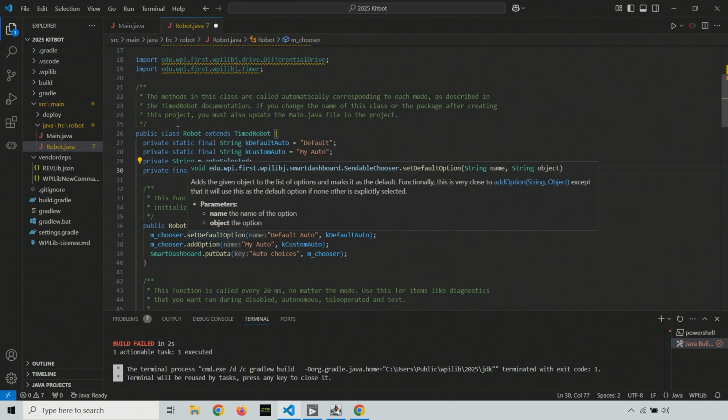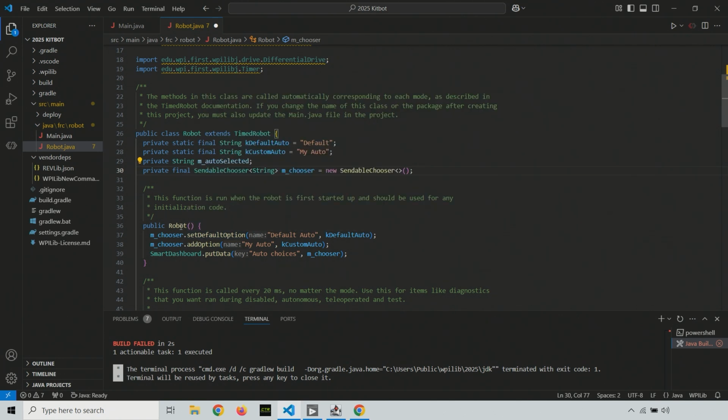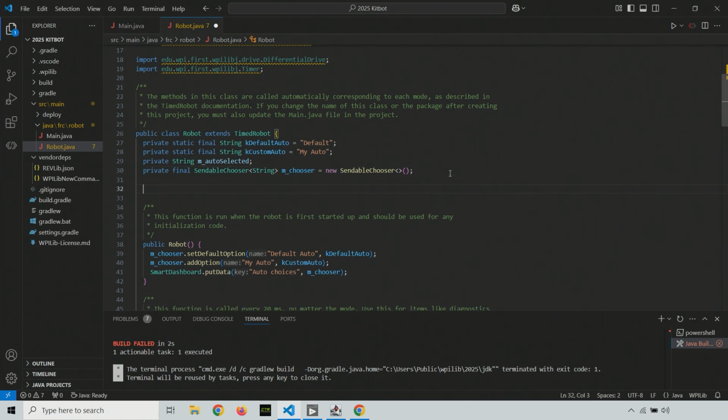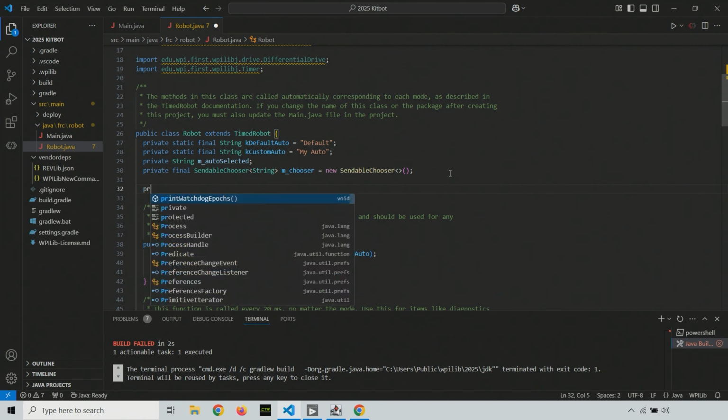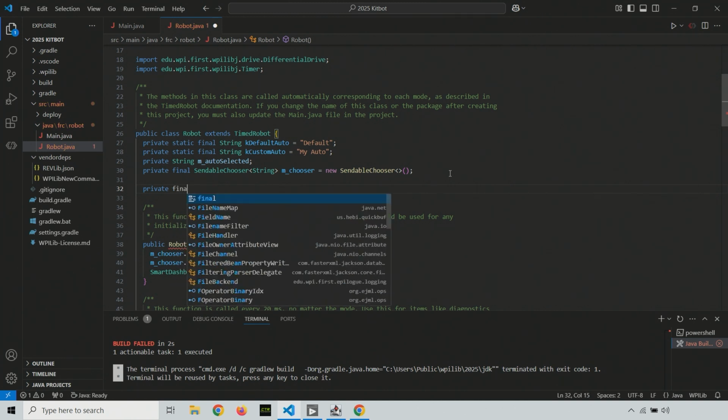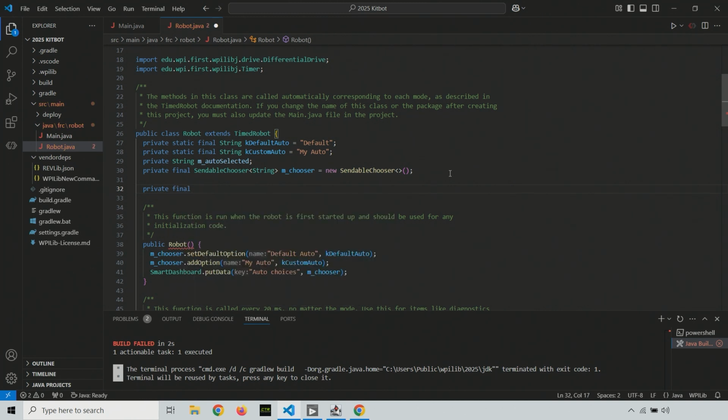Let's see. And we've got this line, and then I'm going to go underneath here. And we're going to just start making our things. So first thing, we're going to do private and final. It doesn't matter too much what those things mean for you, because it's not going to affect anything that we do. But private means this thing that we're making can only be accessed from within this class robot that extended